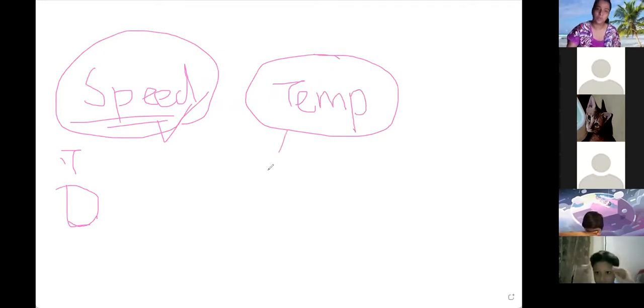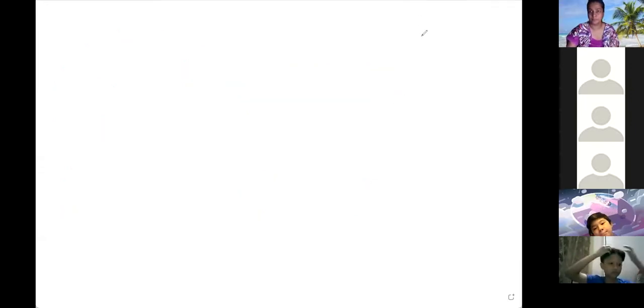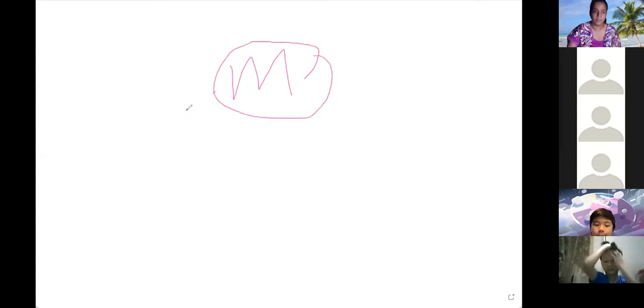Okay, so how do you measure temperature? What's the unit? We call it, very good, Celsius or Fahrenheit, depending on which country you are in. And then we also have the tools. So remember, when you learn this topic of measurement, first of all, you must